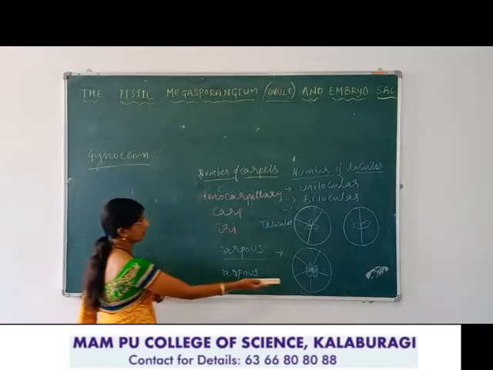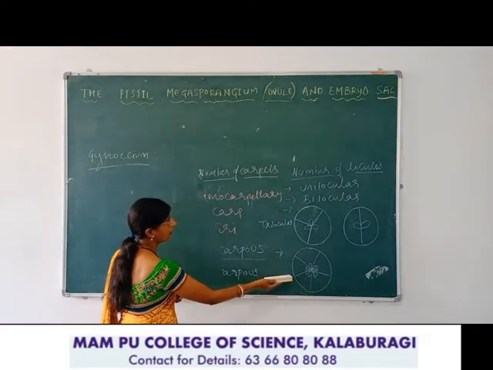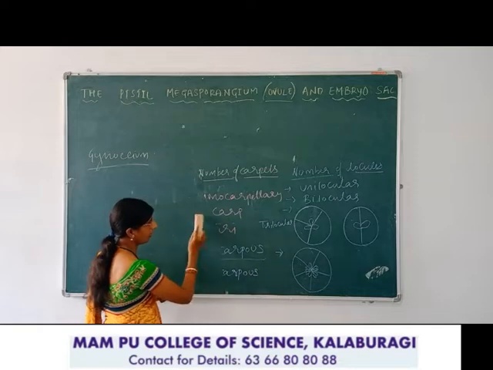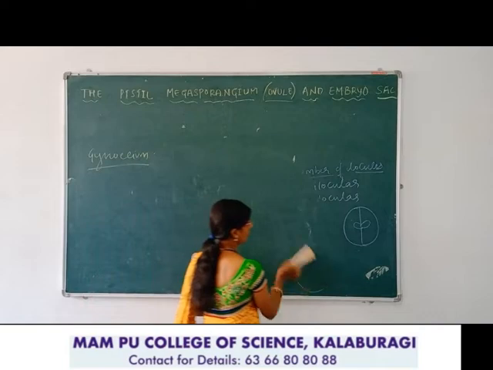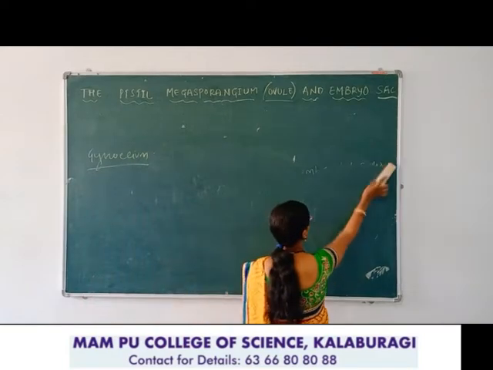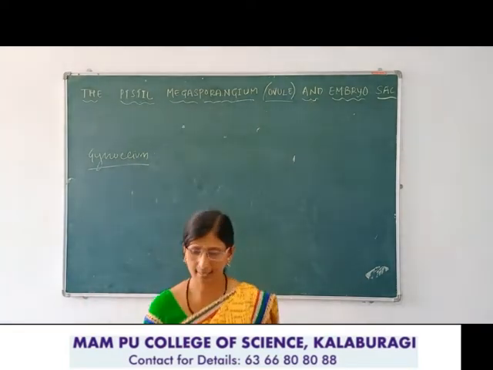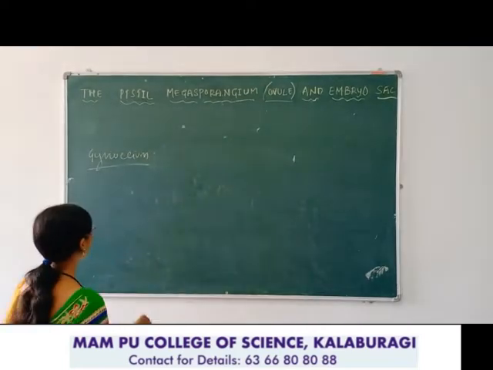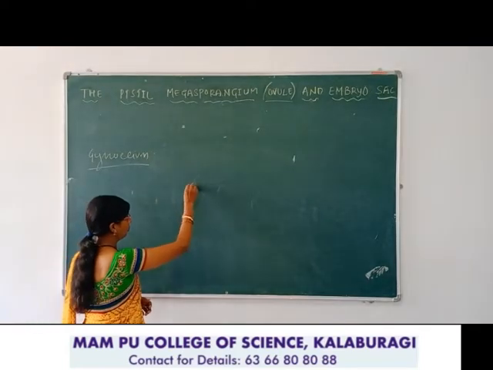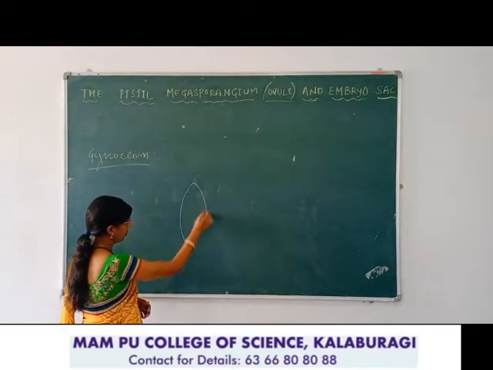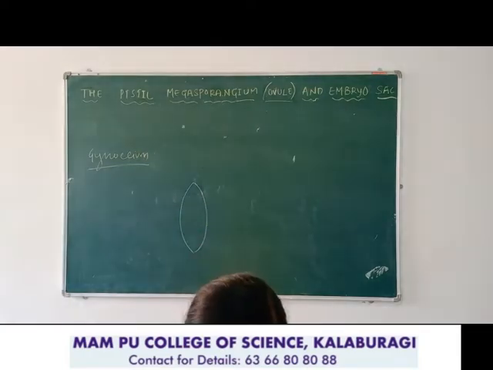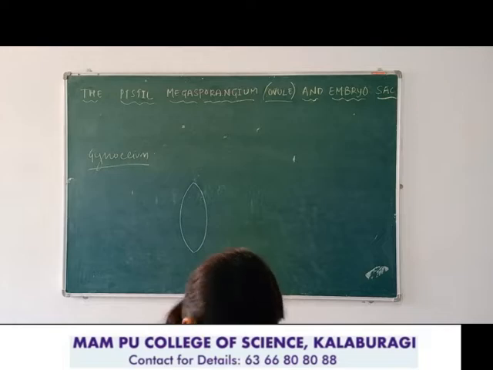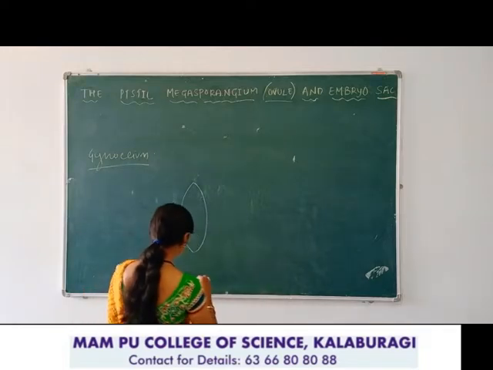So this is the section of ovary. We can study about the locules. Now we have to take the section of ovule. That is, we have to take the section of ovule, that is the LS or VS. So this is the structure of ovule. So first we have to draw the diagram of ovule. See clearly, it becomes very easy to practice.